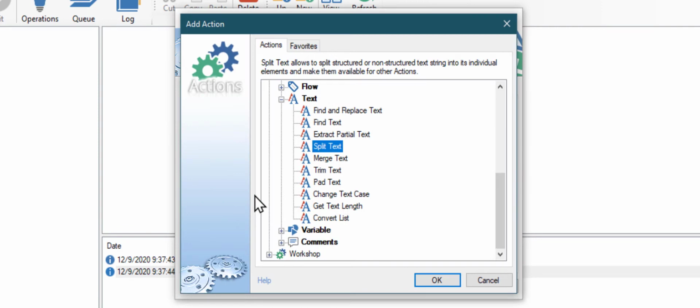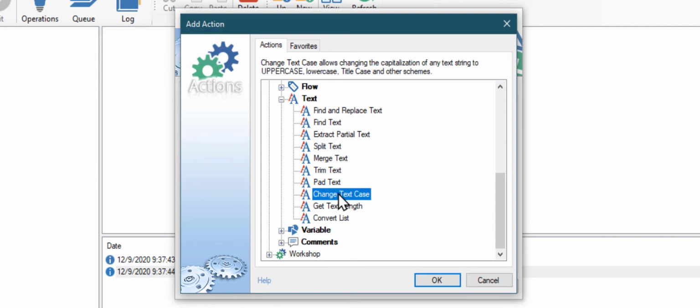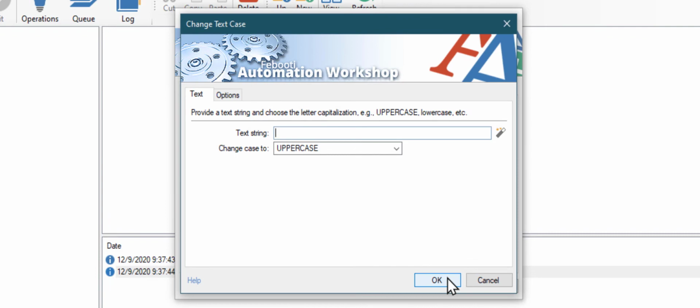Next, we will use the Change Text Case action to make the first letter of the department name capital or uppercase. Using Variable Wizard, choose the Split Text action.